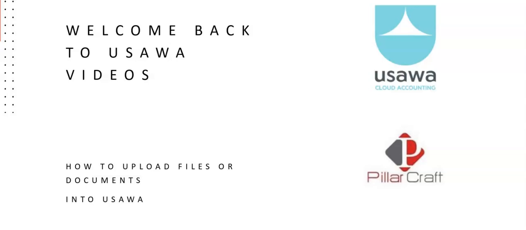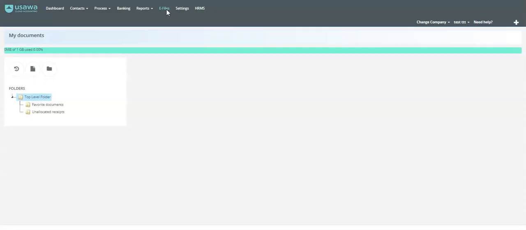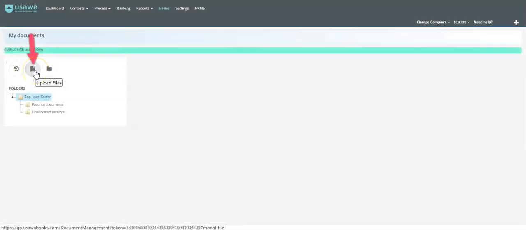Today I'm going to show you how to upload your files or your documents into Usawa. To upload your files or documents into Usawa, follow these simple steps. Go to e-files. Here you can check the history or the audit trail. You can upload your files